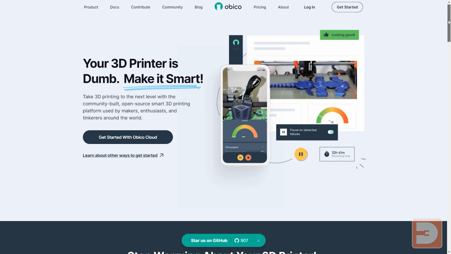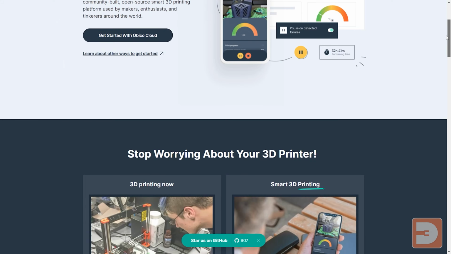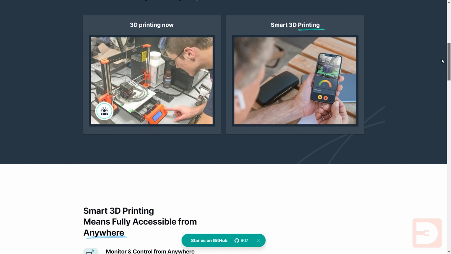First, there was Octoprint Everywhere, a plugin that allowed you to access your Octoprint from wherever you were, even outside of your local network. Then there was Spaghetti Detective that added an AI system that used your webcam to monitor your 3D print and let you know if anything looked like it had gone wrong. Then Spaghetti Detective started charging for their services and they changed their name to Obico.